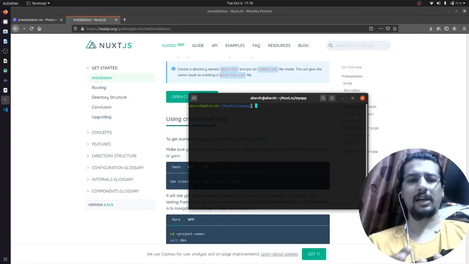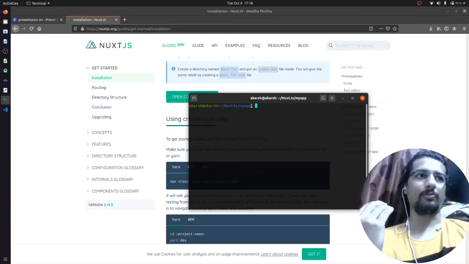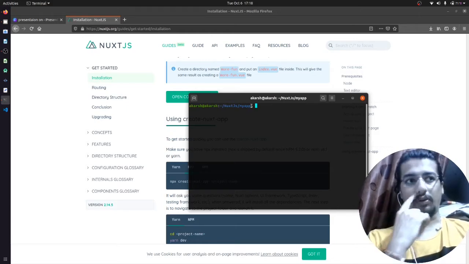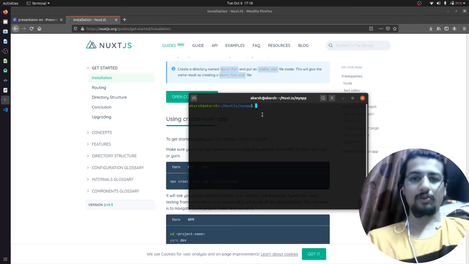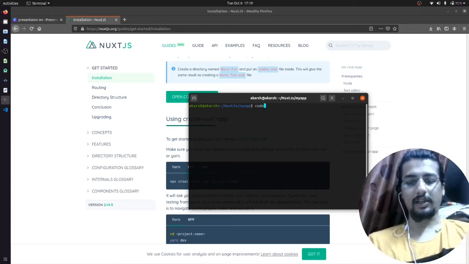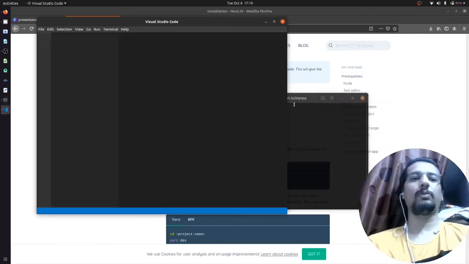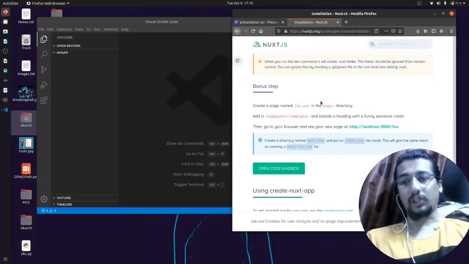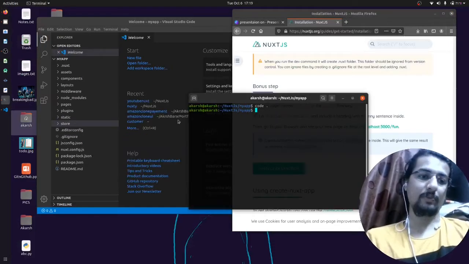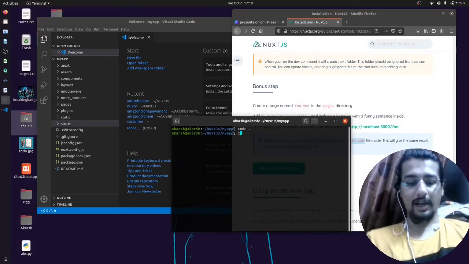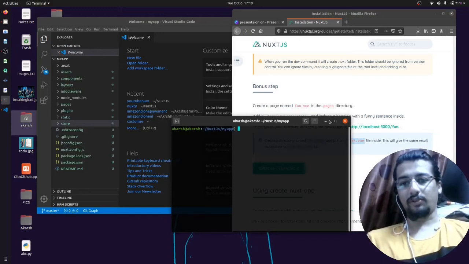It will ask some questions, just give your answer. I have just done everything none: none for the css part, bootstrap and other things, none for linting tools, and other stuff. Okay, so everything is none. So it will create the application, and let's go inside our application. Firstly, I will tell you about the structure of that application, and after that I will run the code and show you.